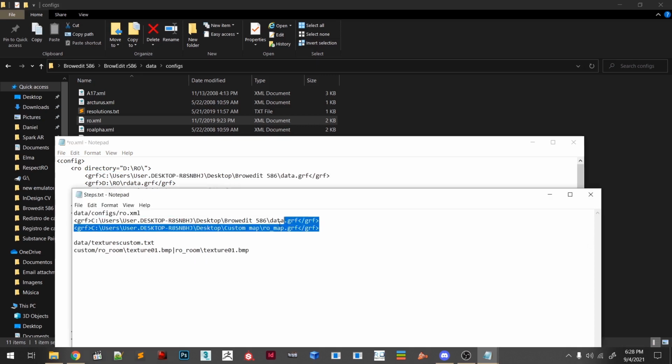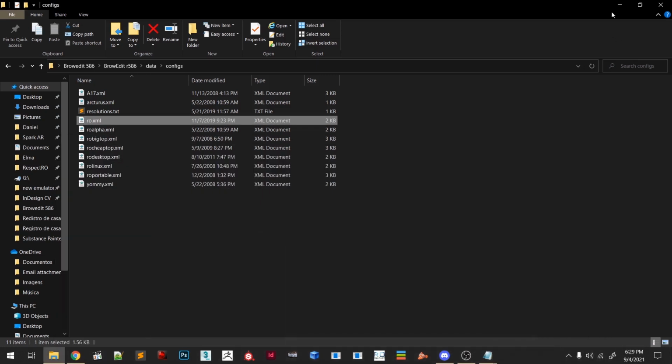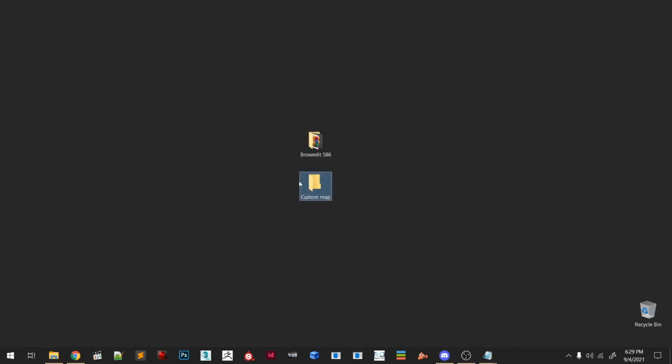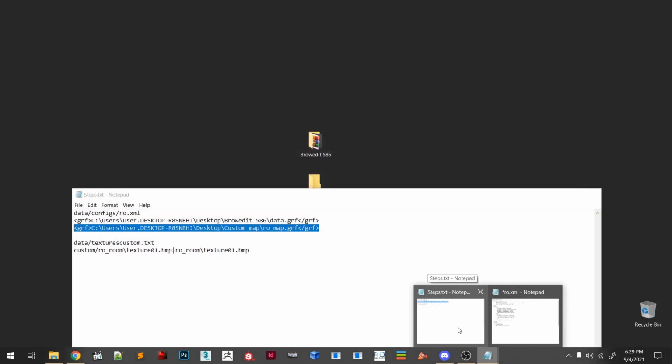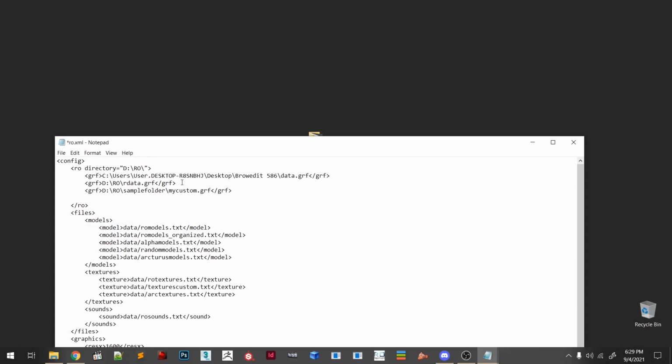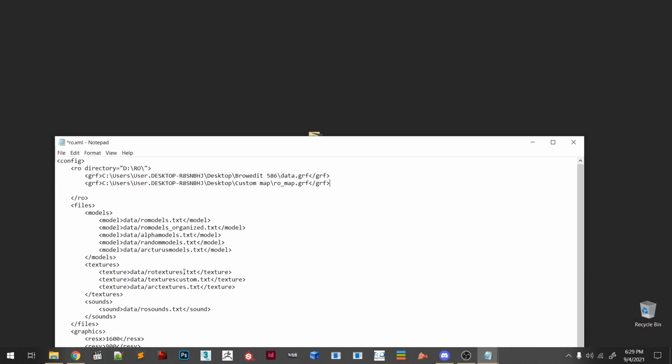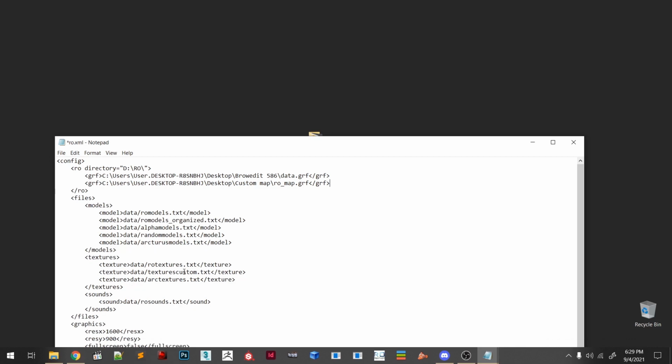And the next is the location of your new GRF. My new GRF will be located in the custom map folder. So I'll open here and paste it right there. This one I don't need. Okay. Save it.